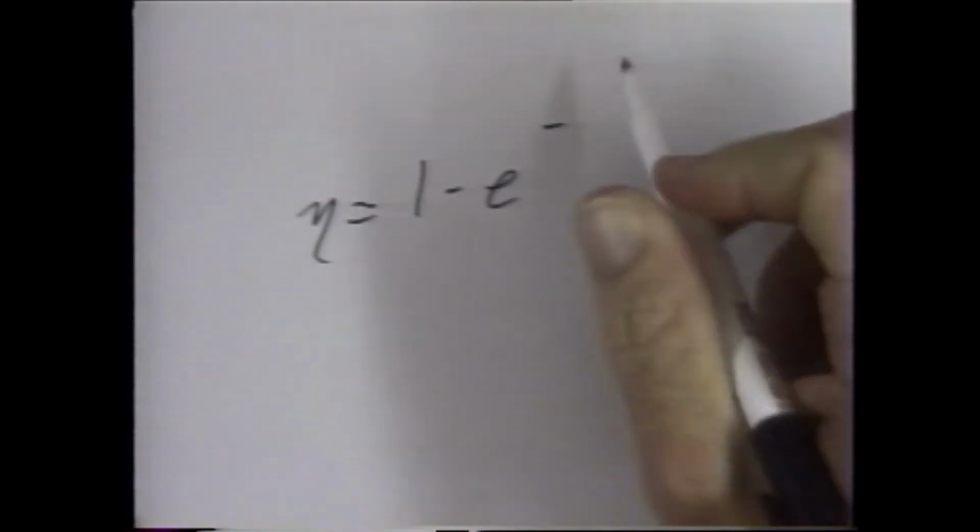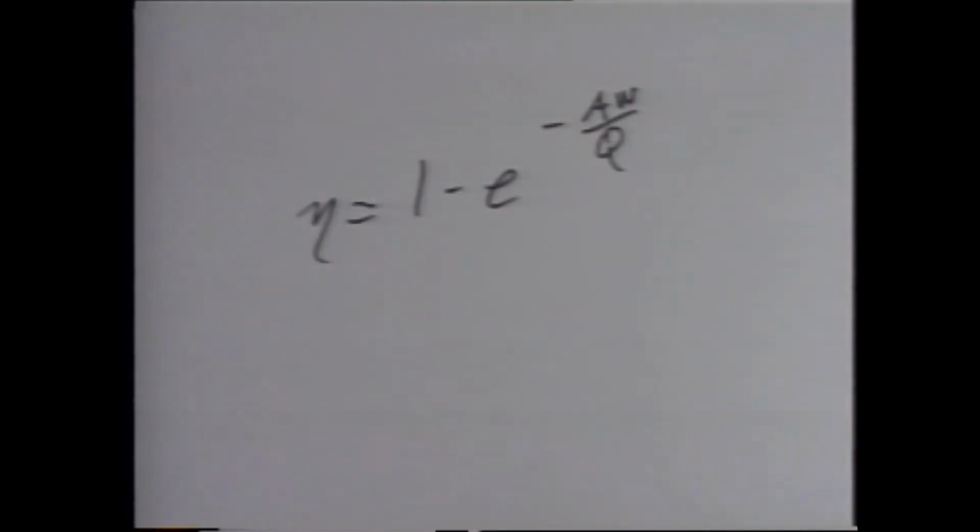Remember, the Deutsch equation is simply the efficiency is equal to 1 minus e to the minus AW over Q. And so the solution is to rearrange that equation to get the term that we need. In this case, we're being asked to calculate A, the required collection area,